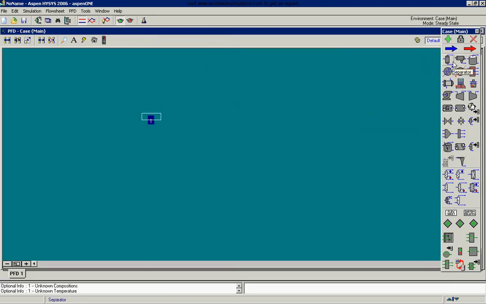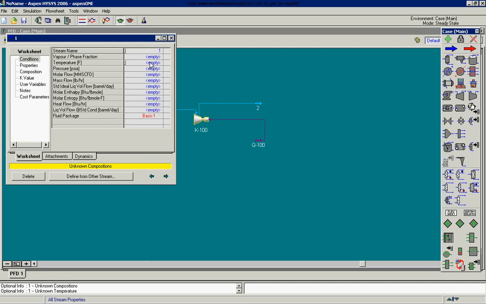Put a stream. Put a compressor, and then you can press control and then make a connection like this, and this is my energy stream. First of all I have to define my feed stream, that is temperature is 200 Fahrenheit, pressure is